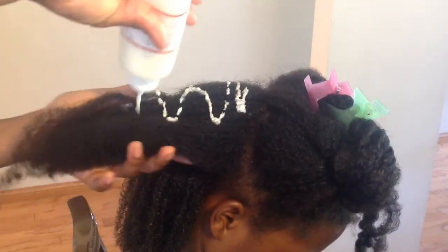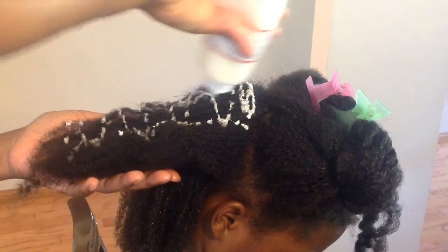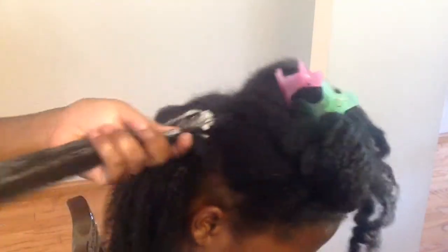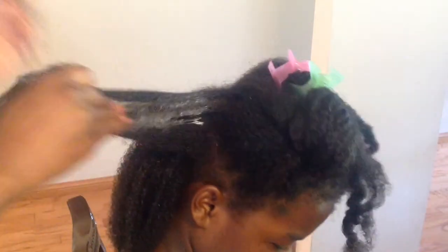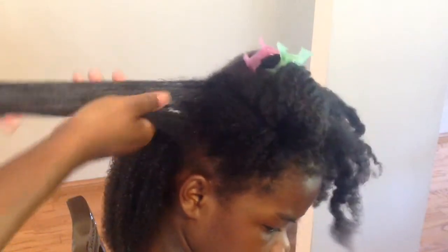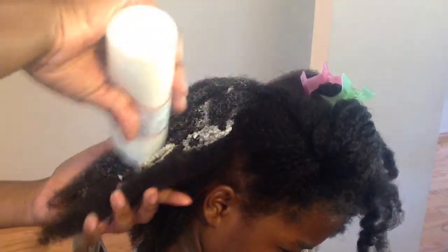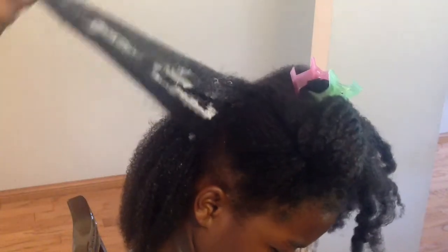Now, as you can see at the end, you see all those knots at the end of her hair because she took her hair down. Now, I didn't wet her hair. I didn't put any water, any type of moisturizer on her hair, period. And I'm just going to rub this cream in her hair, and the knots are really going to like melt away,